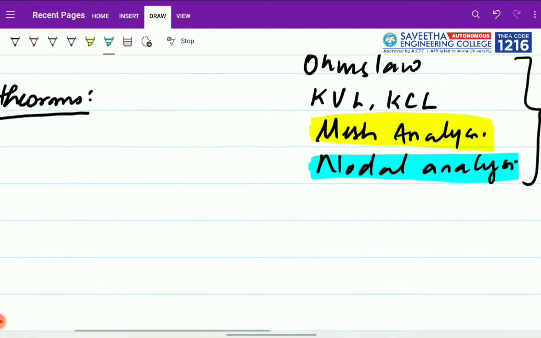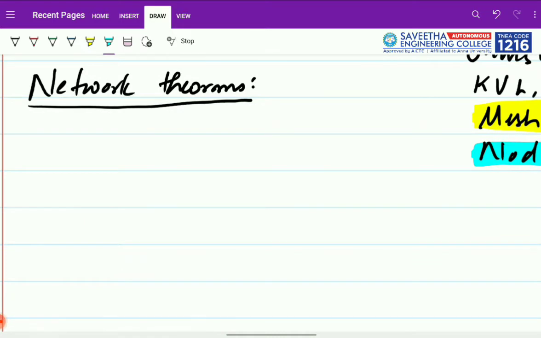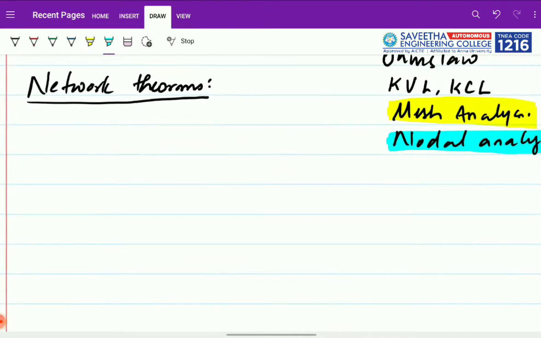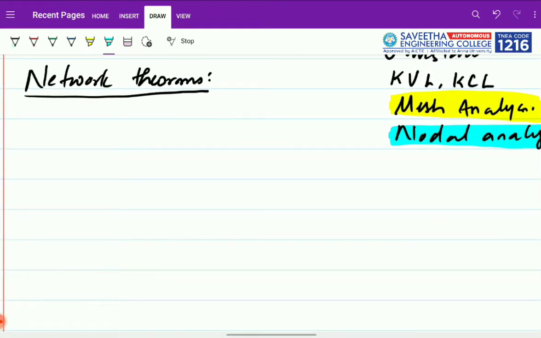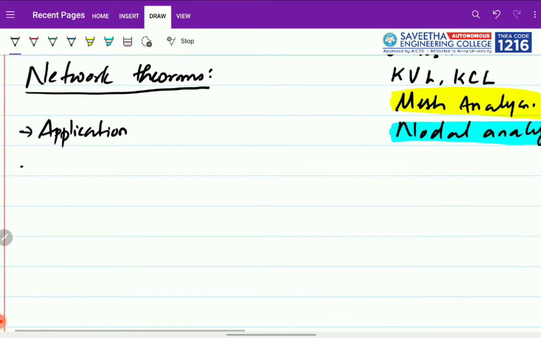can go. Network theorems, coming to this chapter, are very important because they deal with major real-time applications. Certain theorems are applied on the circuit in order to find the exact values of the voltage and current that is required for the load. In this network theorems chapter we are going to see three types of theorems as per your syllabus. The one is